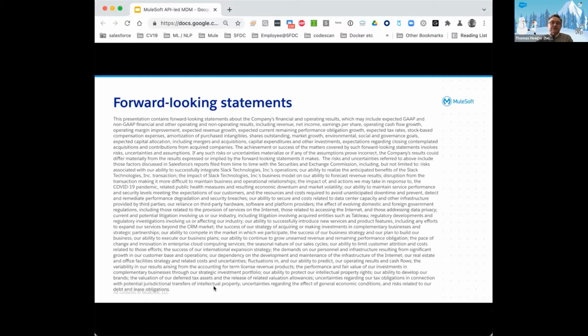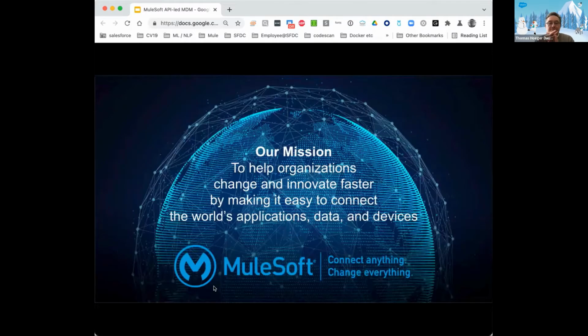There was a presentation 2 weeks ago from my colleague who already gave an intro about MuleSoft. Once again, to remind you that the purpose of MuleSoft is basically to help organizations to change and innovate faster and making it easy to connect the world's applications, data, and devices. And obviously, master data management is one important part in this game. It's a solution which powers applications, data, and even devices. And in that context,